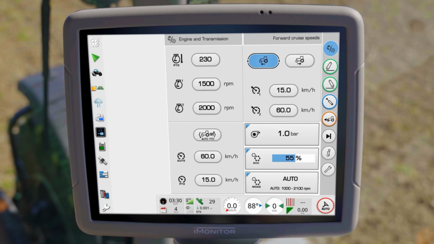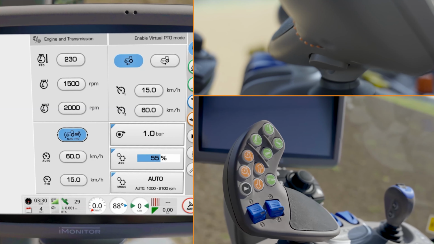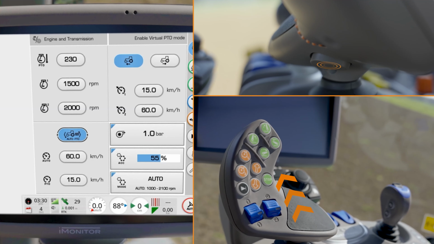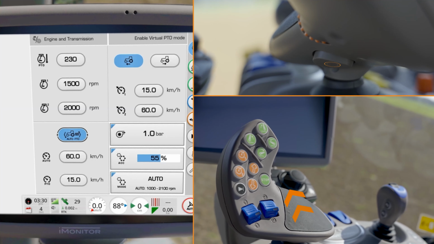Back to the setup area. Here you can select whether the PTO mode activates fully automatically when the PTO is switched on. This function is active when the button is highlighted in blue. The next two values represent the preset start speed and the respective driving mode. After each engine start or mode change, the tractor automatically sets this value. You can easily change the maximum driving speed by pushing the MAXCOM driving lever forward together with the activation button pressed.